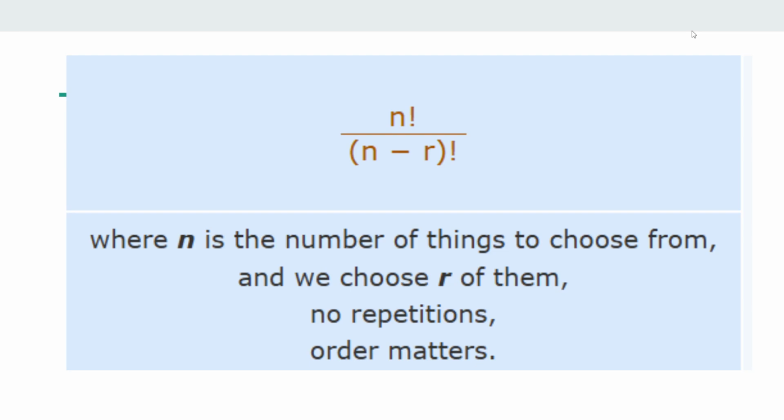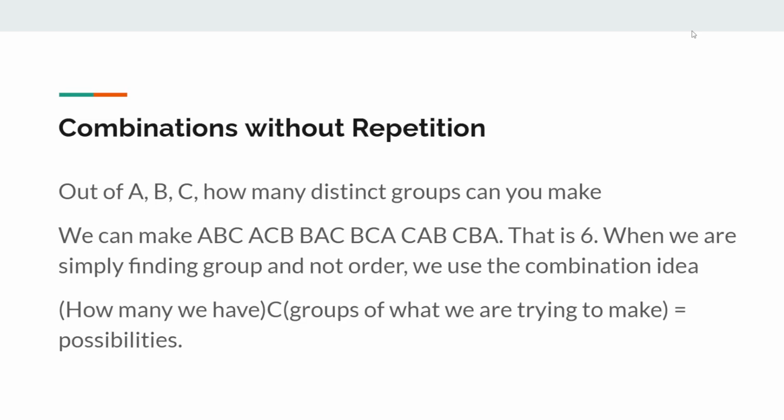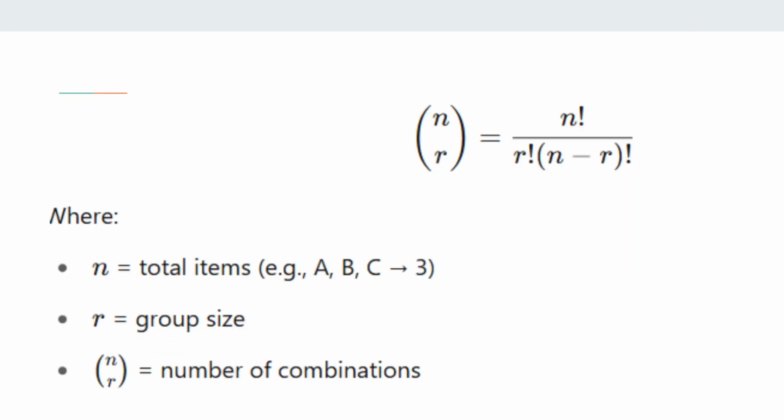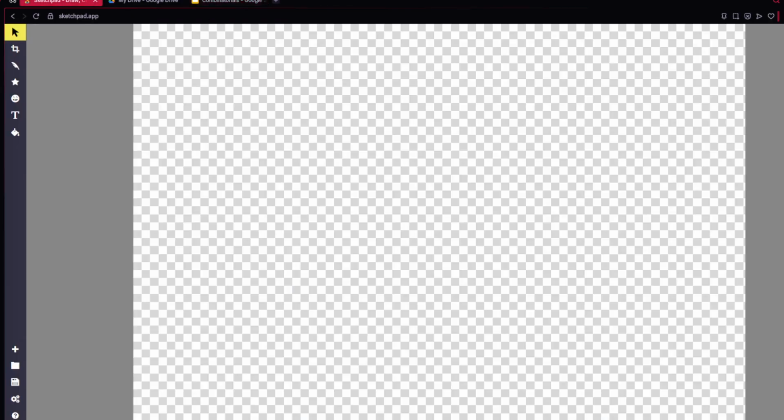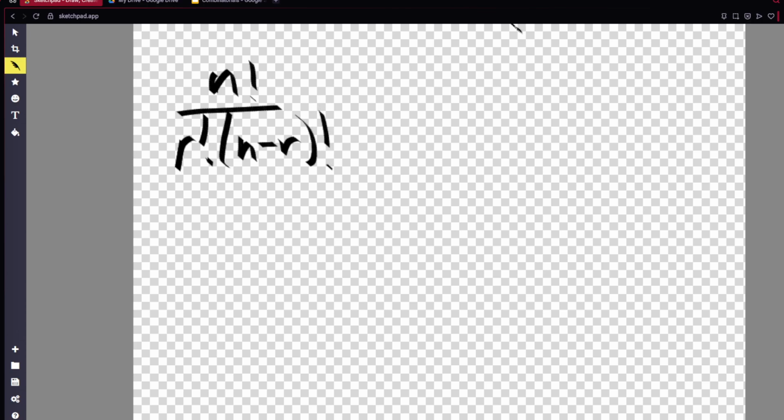So, here's the formula. Combinations without repetition. And I love this formula because I understand how it works. And it took me a long time, so it's just really complicated. N minus r factorial. And I hate explaining how it works, but I guess we'll have to do it again. So let's say